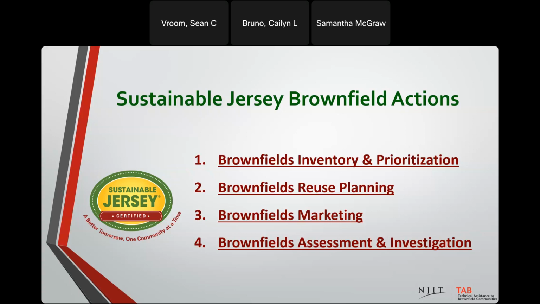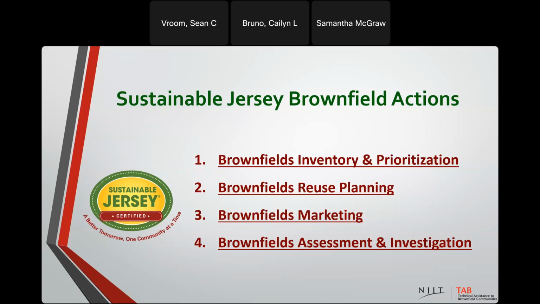Then another action is their brownfields reuse planning. The purpose of this action is to proactively support and collaborate in collaborative stakeholder processes and facilitate the identification of proposed reuse options for brownfield sites that enhance livability, prosperity, and equity. Some of the activities related to this action include community engagement related to the identification of reuse options, or it can be properly dated planning or marketing documents, both of which would be eligible EPA brownfield grant activities.